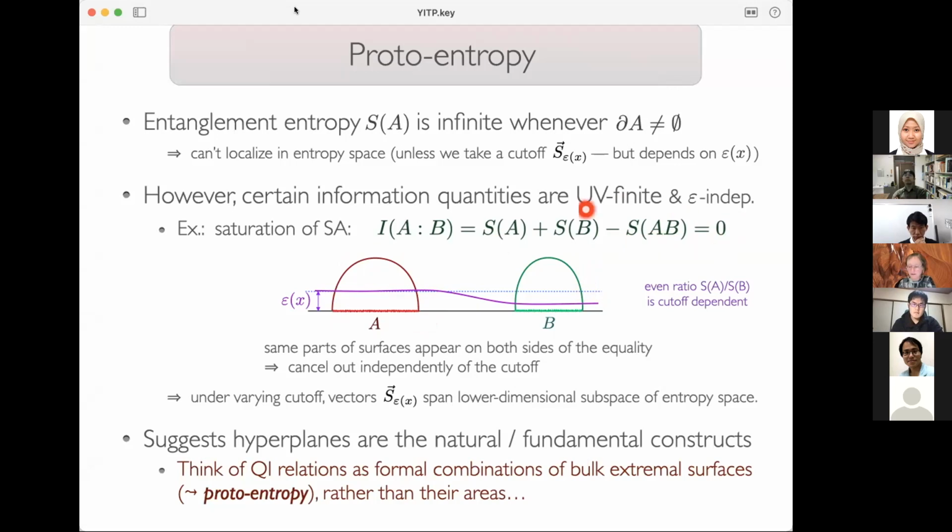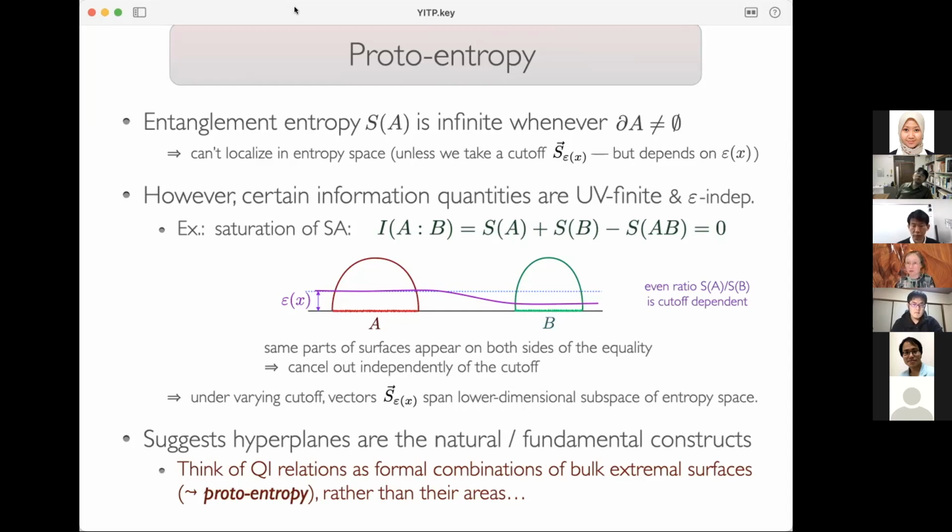Because after all, in a quantity like this, it's the surfaces that effectively get subtracted to get 0. That's the key observation: we can now work with these abstract constructs, rather than worrying about the actual values of these areas, which are infinite, work with these proto-entropies, and everything